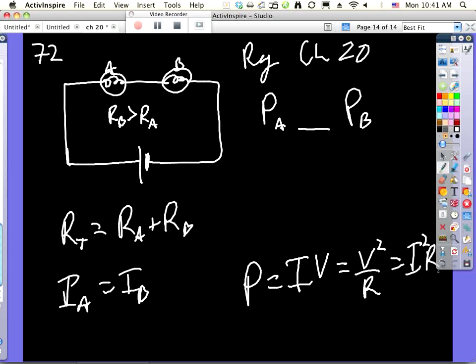But remember, there's also V squared over R and I squared R. Well, what do we know about the currents? They're both the same. So what we get is PA is equal to I squared RA, and PB is I squared RB. I just called it I because we know they're both the same. So this cancels. And so what do you get? The power through B, the power that B is using up